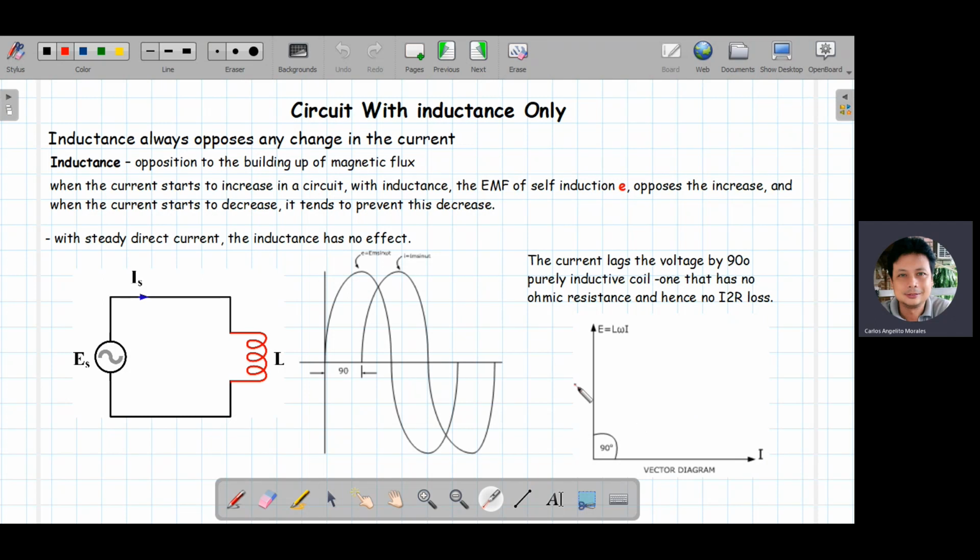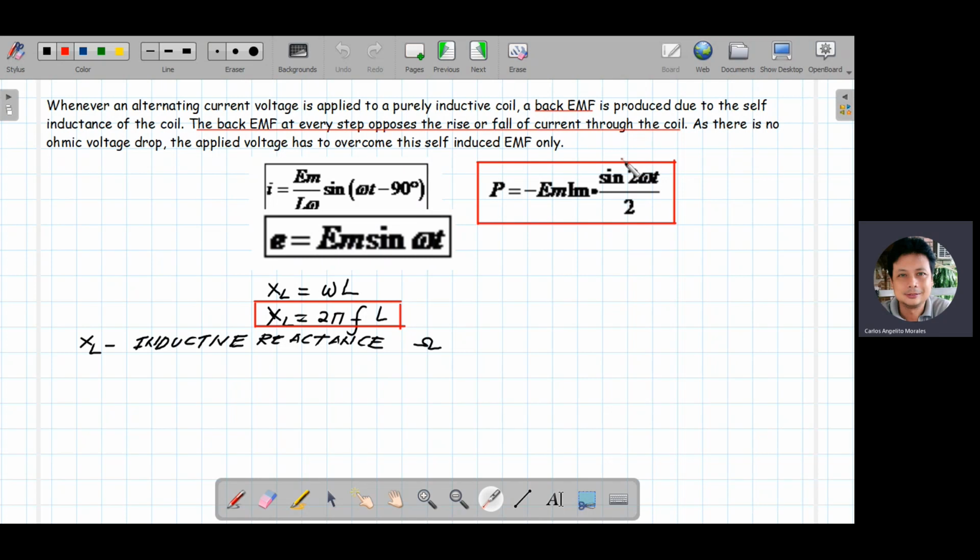Pag inductive, ito yung voltage, no? So, ibig sabihin ng ganito, the current lags the voltage by 90 degrees. In other words, nauuna yung voltage sa current ng 90 degrees. Nauuna yung voltage sa current ng 90 degrees. Tatandaan yan sa inductance. So, kapag ang alternating current ay in-apply mo dahil sa isang purely inductive coil, nagkakaroon siya